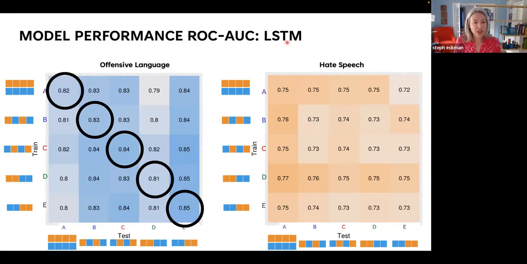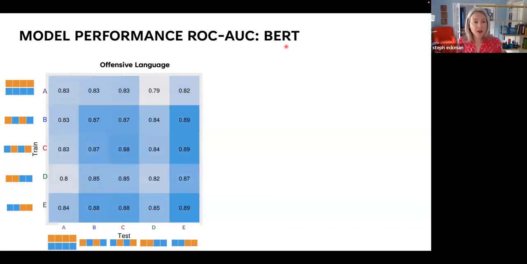So I don't think I mentioned, these are the LSTM models. This is the model that was trained solely on our data. It doesn't have anything else that it's basing its predictions on. But we can look here at the BERT models. So this is exactly the same kind of setup, but now we're looking at the performance measures for the BERT models.